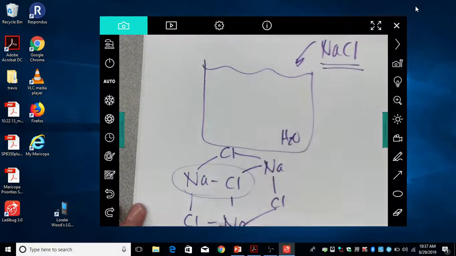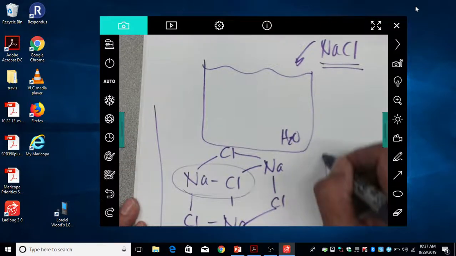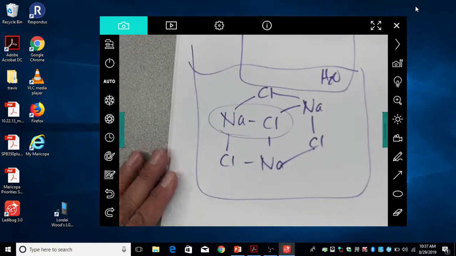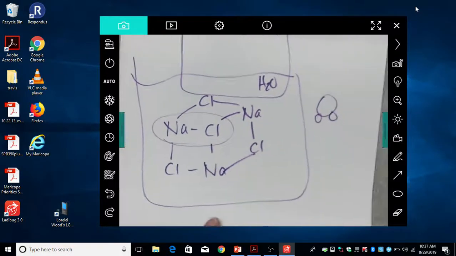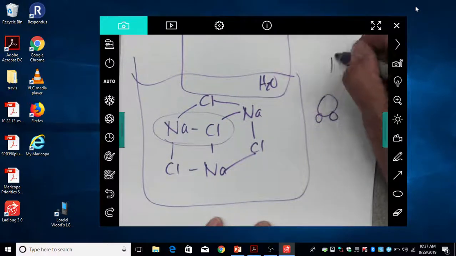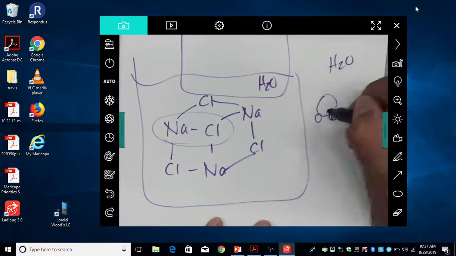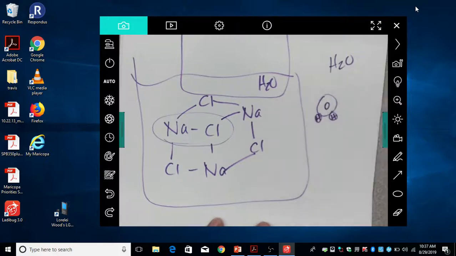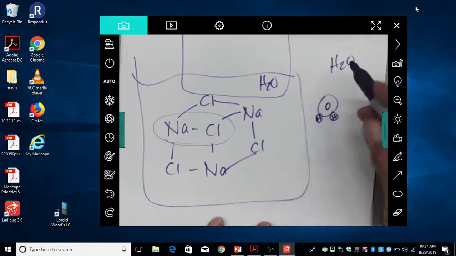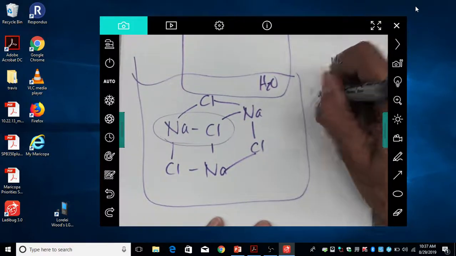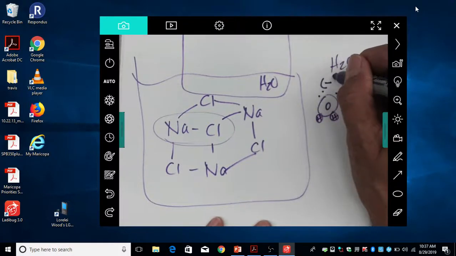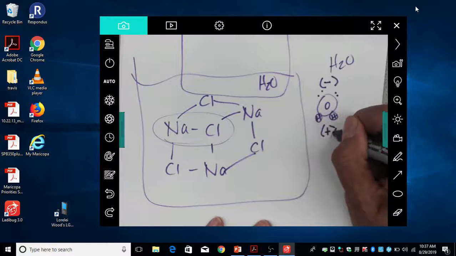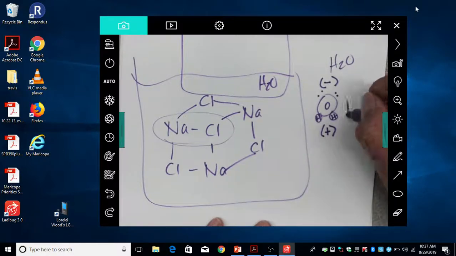When you put this stuff in water, so I'm going to pretend I just put my crystal into water here, what happens is water molecules are very polar. Hopefully you remember this from Chem 130 or your high school chem. Water molecules, remember, are H2O. And the hydrogens are down on one side generally, and the O is a much bigger atom. Because we have non-bonded pairs of electrons there on the water molecule, it makes this side of the molecule negative and this side of the molecule positive. So we call it a polar